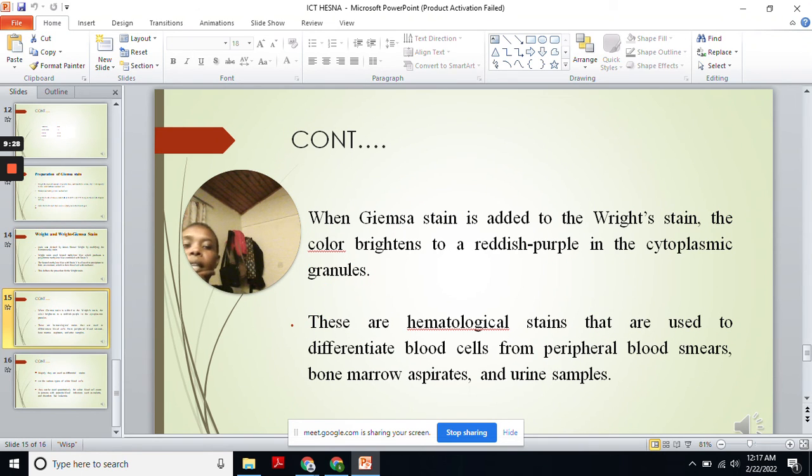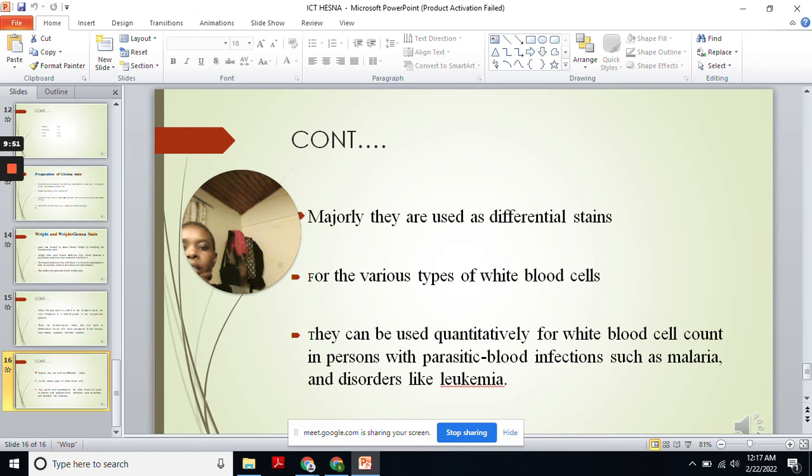When Giemsa stain is added to the Wright stain, the color brightens to a reddish purple in the cytoplasmic granules. These are hematological stains used to differentiate blood cells from peripheral blood film, bone marrow aspirate, and even urine samples. Majorly, they are used as differential stains for the various types of white blood cells. They can be used quantitatively for white blood cell counts in persons with parasitic blood infections such as malaria and